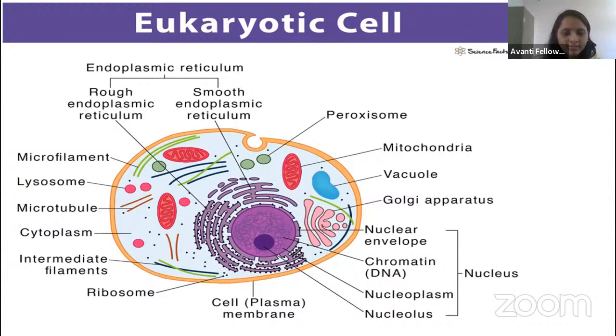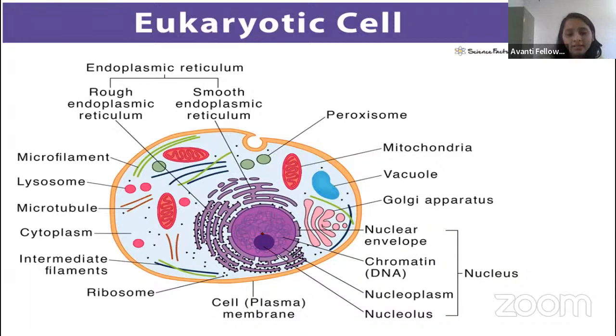Except the ribosome and the centrosome. So you can see here the membrane bound organelles, we will go from the nucleus. The nucleus is there. After the nucleus, the nuclear envelope continues with the endoplasmic reticulum. On the endoplasmic reticulum, if the ribosome is there, we will call it the rough endoplasmic reticulum because that is rough. In some positions, they do not have the ribosome at all. That we will call the smooth endoplasmic reticulum.